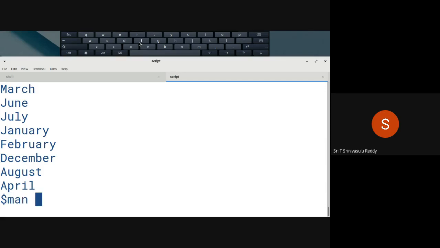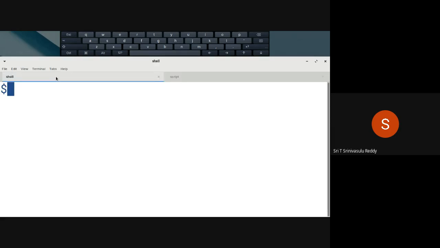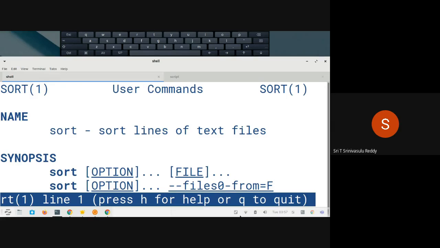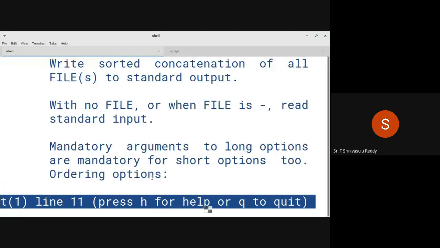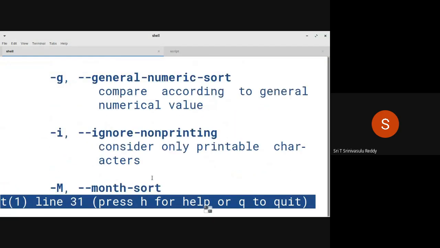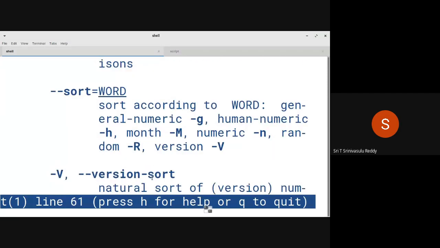For example, when you issue man followed by sort, we can see there must be an option by which you can sort assuming the corresponding data is not normal text, but months and all that.